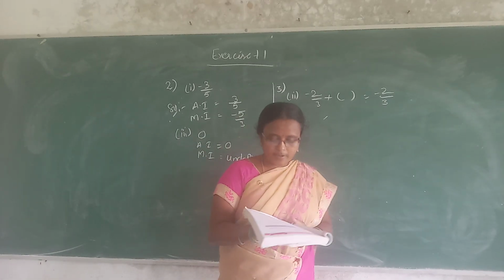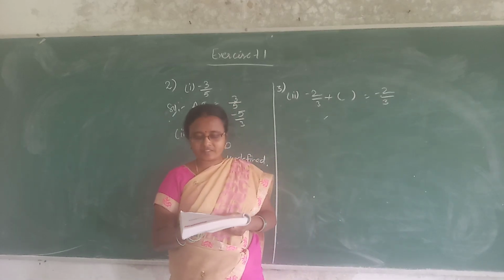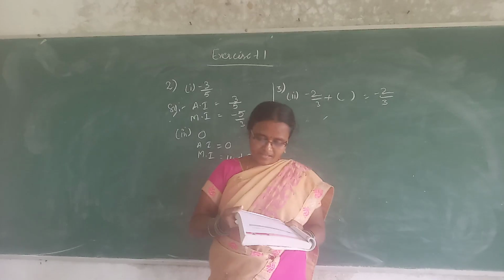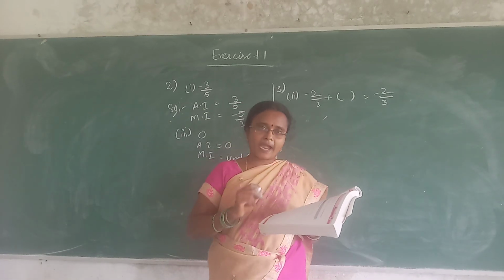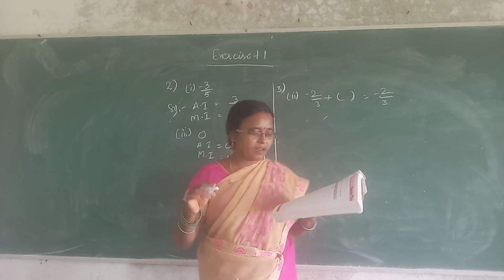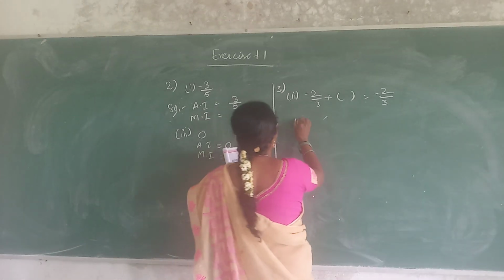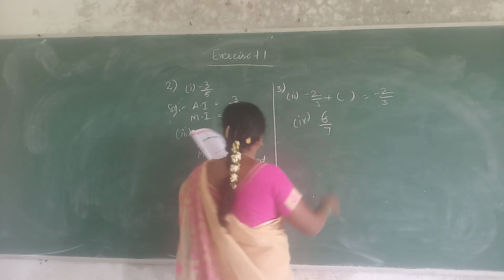Next, the fourth one is the associative property. a plus (b plus c) is equal to (a plus b) plus c. So here if you observe, minus 12 plus (5 by 6 plus 6 by 7) is equal to (minus 12 plus 5 by 6) plus dash. The answer is left off in the question itself, nothing but 6 by 7 is the solution.